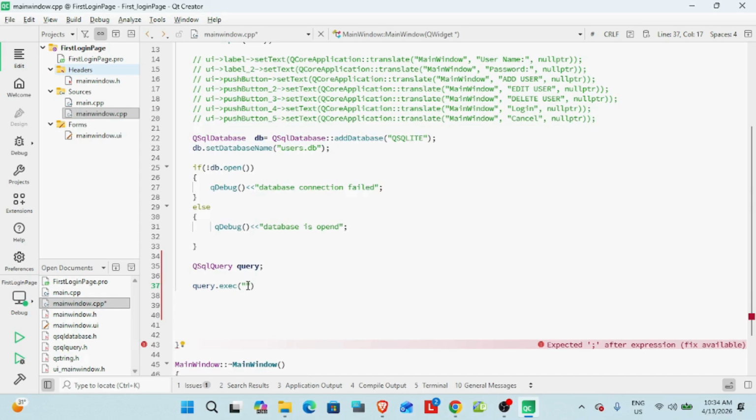So I have to create a table inside this database. For that we have to write this: create table. Here we have to give the table name. Here I am giving details. We have to set some values. Whatever column names I have to give, I have to write here. So I'm going to write